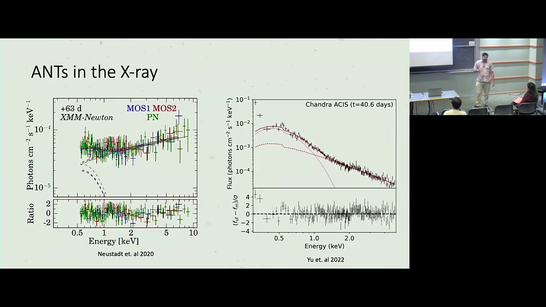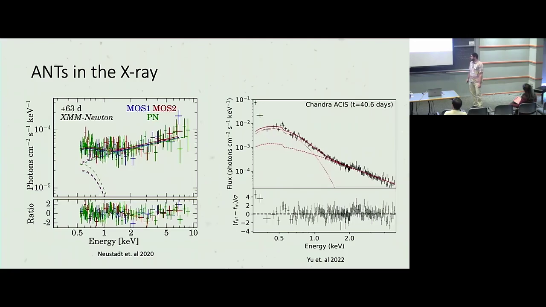And so I'm going to now switch, of course, from the host galaxies to the ANTs themselves, walking from the highest photon energies down to lower energies as I go through the talk. And in the X-ray, as compared to TDEs, ANTs show much harder X-ray spectra. And in some cases, they're quite hard, approaching a photon index of 2 or even harder. And even when they are softer or show some sort of thermal spectrum, as in the case of 2019 PEV over here, they still show a hard power law tail